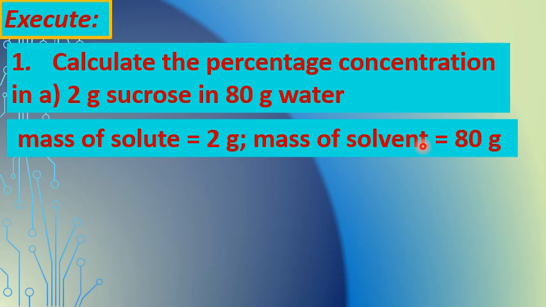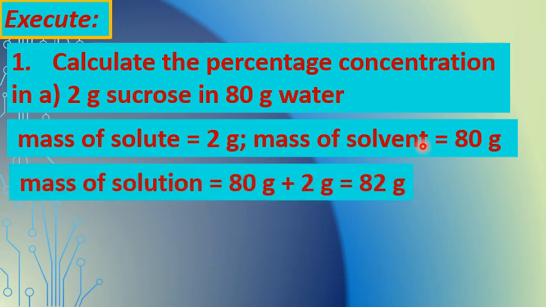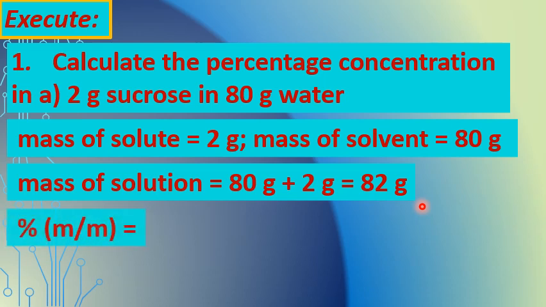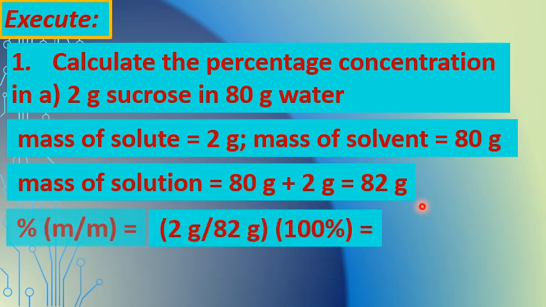We add them and get 82 grams. 82 grams is the total mass of the solution. Right? So we now compute for the percent by mass to mass, and that is just simply dividing